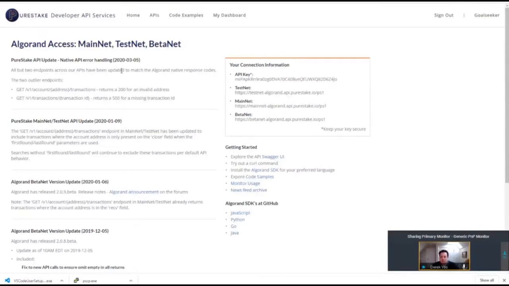By us providing that as a service, we make it easier for folks to develop applications. Here, there's a very easy sign-up process. If you go to our website, there is free access across the testnet and mainnet for people that are just getting started. Once you get signed up, you'll get an API key. This is just a personal account that I have with an API key that allows you to access our service.